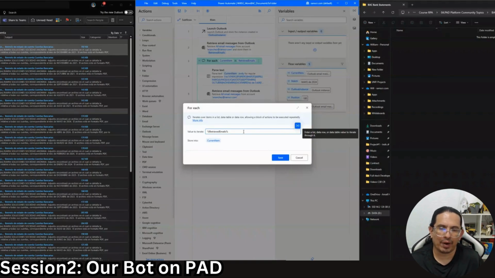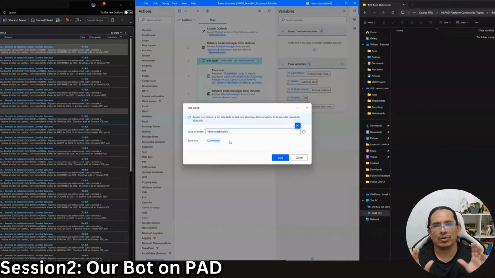action number 2. All right, so what this does is that at this moment it's working with the whole list, but every single time that the robot does a loop, he's going to get that specific email and put it into the next action. You see that it says store into the action name CurrentItem. So the CurrentItem variable is going to contain all the information for one email, right? So let's click cancel